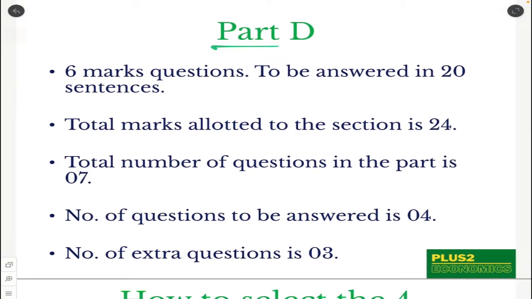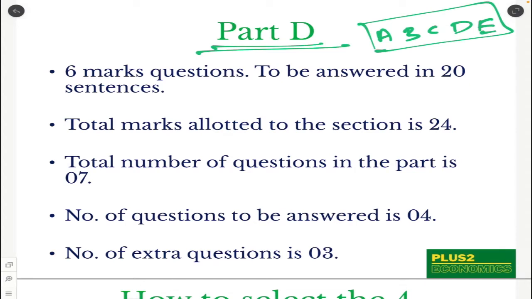So 6 mark questions are asked in part D of the question paper. Like all of you are aware, there are 5 parts in the question paper: A, B, C, D and E. And we have already done a detailed video explaining the question paper pattern to you. The link of the question paper pattern video is in the description. You can click on that link and you can understand the entire pattern. Anyway, here the focus is on part D.